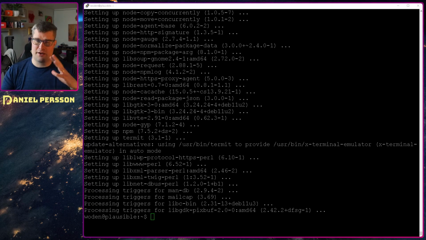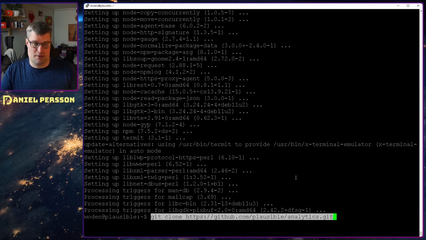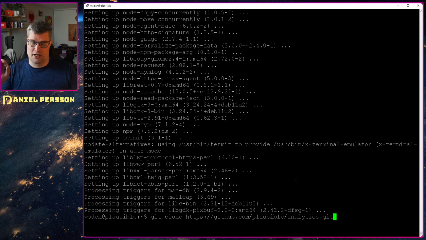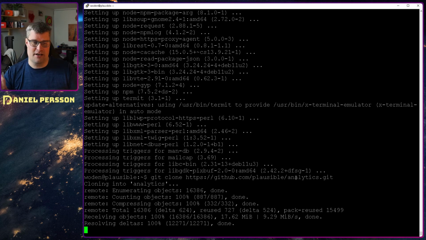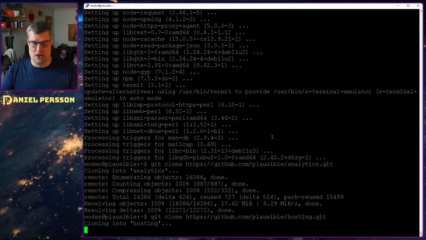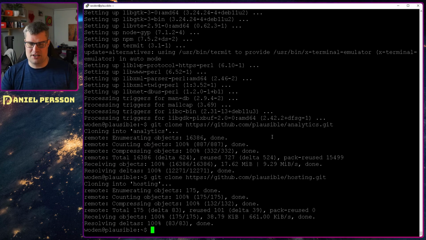Now that is done, we have installed all the required packages. Now I want to download or clone a couple of Git repositories. First off, I will take the analytics part, and this is what is actually running in our Docker container. This is the source code of the specific solution. And then I want to have this hosting repository, and it pretty much just has the Docker Compose